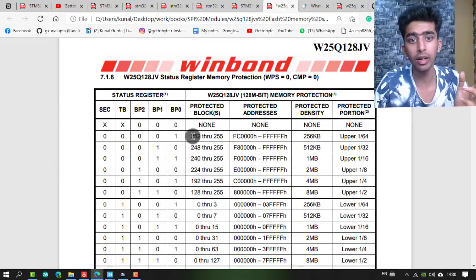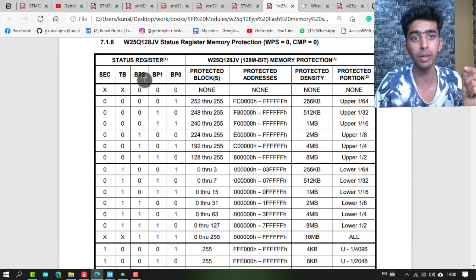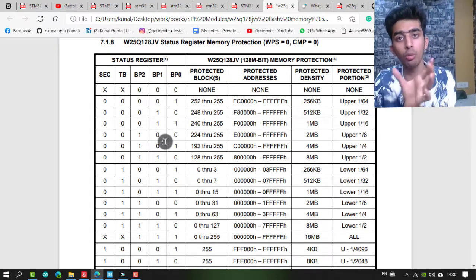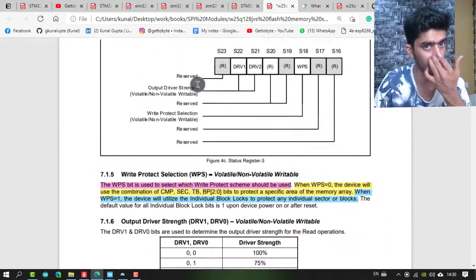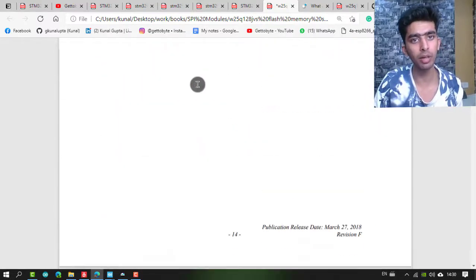This is a protected address range from 252 to 255, along with the protected density and such things, if we configure BP2, 1, 0 as 001. In the same way you can see here that BP2, 1, 0 decides how much of my memory is protected. By default, all these bits are set to 0, so none of my blocks are protected if we choose memory protection by these bits.